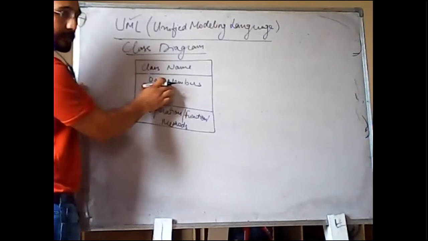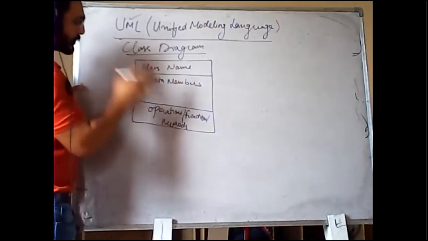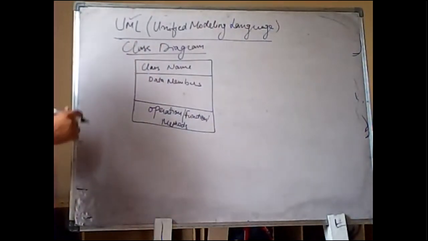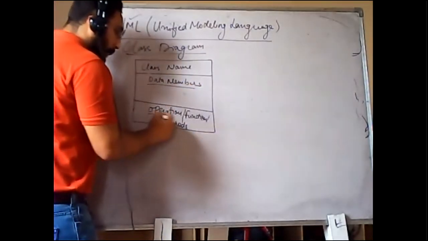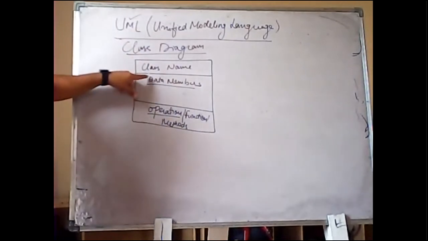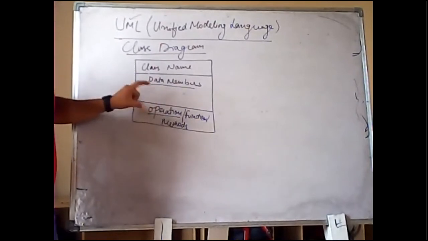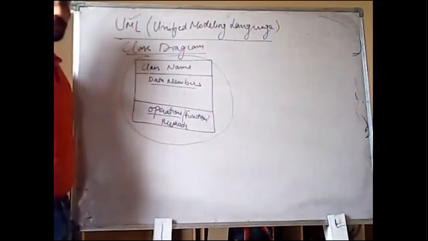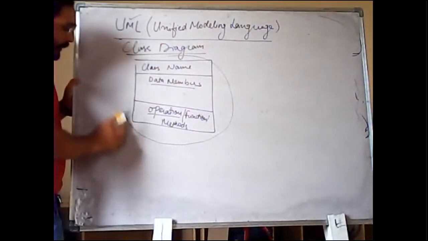Okay, these data members, the student will perform these operations. That is your class. And this is also the concept of encapsulation: wrapping up the data and member functions into a single unit. That is why it is an OOPS concept. Wrapping up the data and operation into a single unit. This is your single unit. That is your encapsulation.